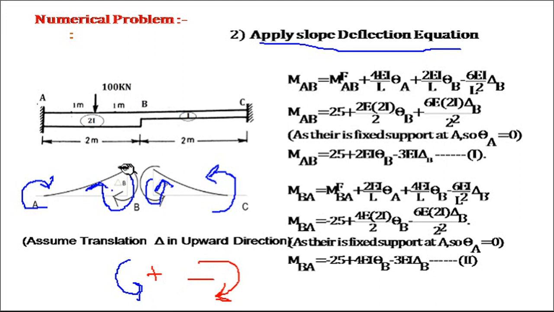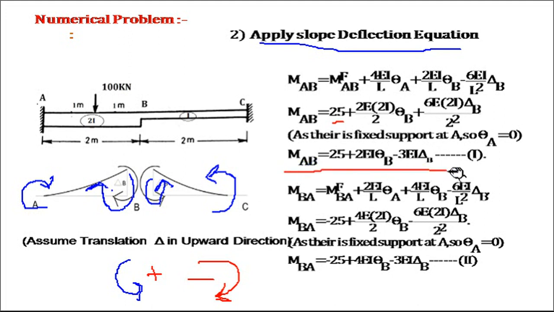So for member AB, as this is in the clockwise direction, the value is minus. Putting the value of fixed moment as 25, the moment of inertia as 2I, and the length as 2, and if you solve it you get the moment equation